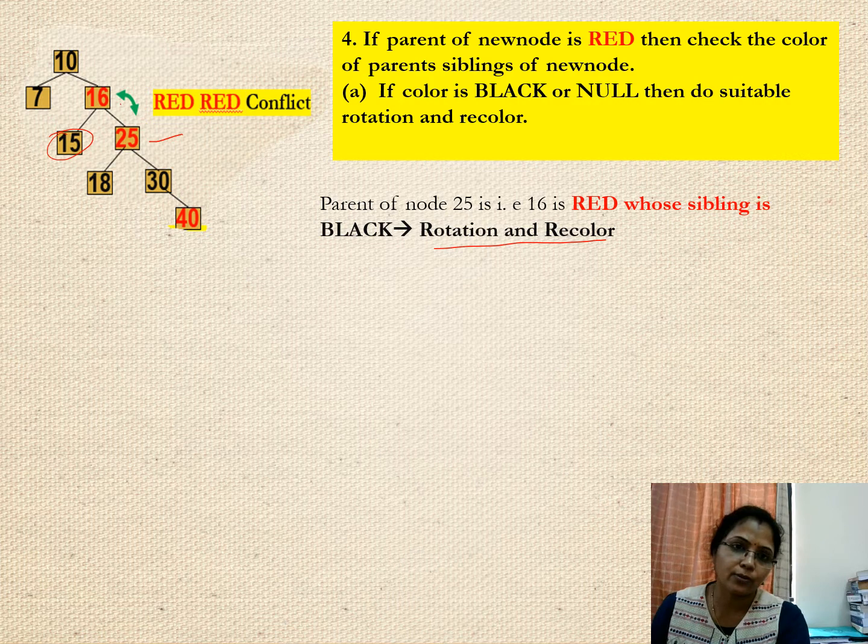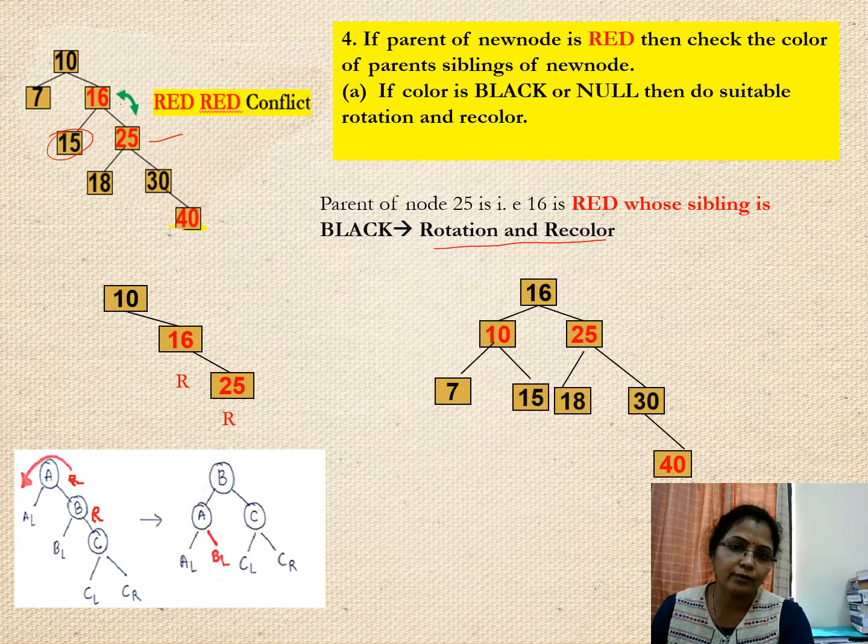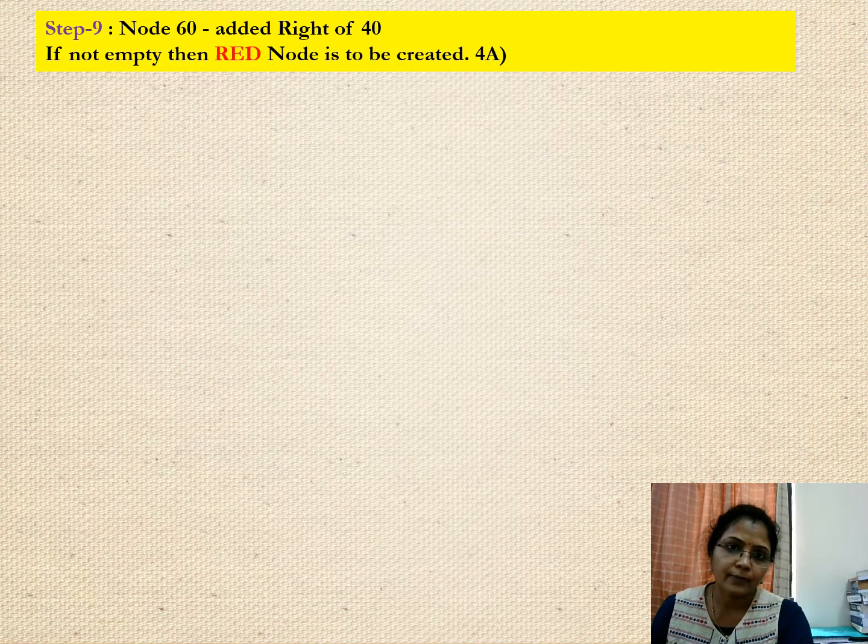So we'll perform the rotation. Here the RR rotation will be performed. This is RR rotation. We can refer to the earlier rotation videos for the AVL tree. Now the arrangement of this whole tree will be like this. You can verify that we performed the RR rotation directly for the bigger side, and then we got this tree. Now again we'll verify all three conditions here. Yes, all the conditions were satisfied.